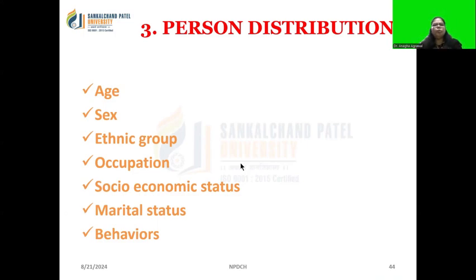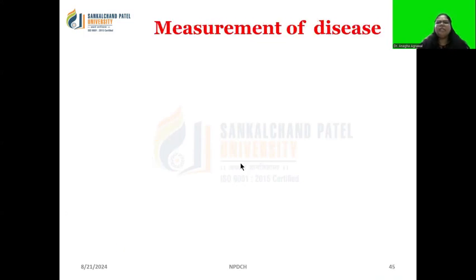So this is the distribution of the diseases. Whatever disease we have thought of, we are describing now under these three headings. Firstly, we have described the population. Now we have described the disease. Now, whatever disease we have described, we have to measure how much is the amount of that particular disease